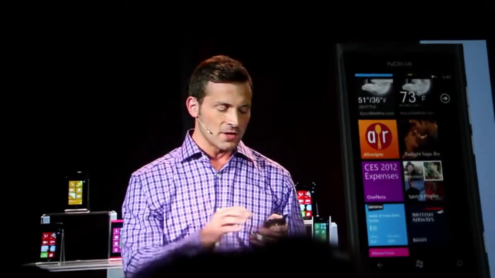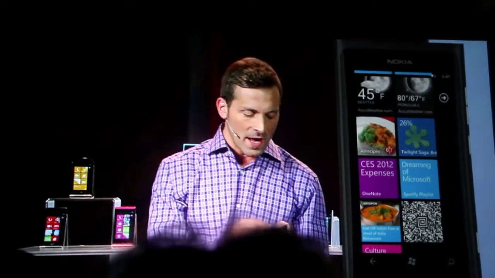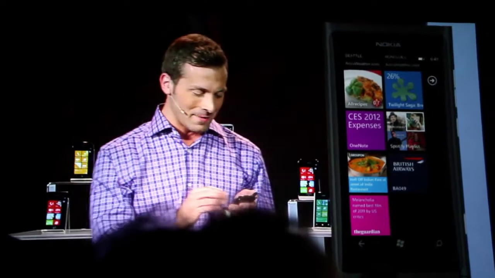And so these live tiles are constantly lit up, not just with a link to that application, but the content that's actually behind it. So you can see here I've got the weather for where I want to be and actually where I live. It's a stock contrast. I can see my recipes here that are coming up. I can see that must-see movie, Twilight Saga, that I've been meaning to see, and all that's pinned to the